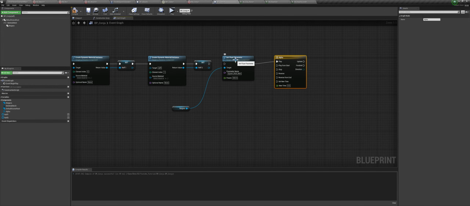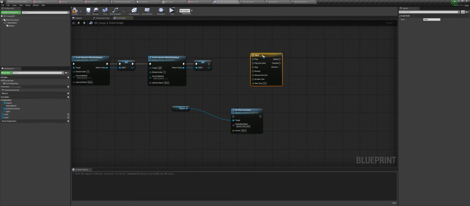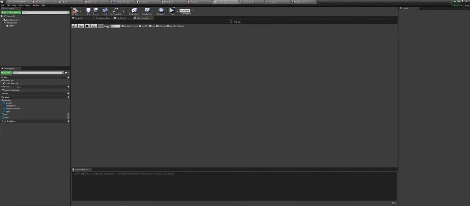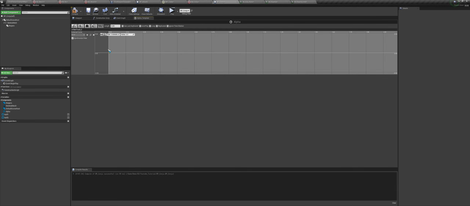So we will connect this after this and we will play this from start, and this value goes from 0 to 1 with a duration of 3 seconds.